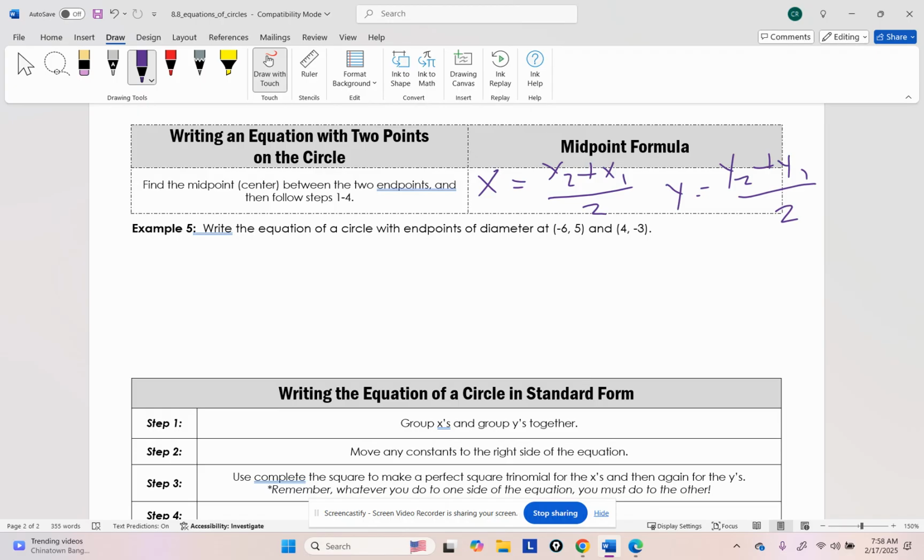Okay? Given you have 2 points. So, first things first, it's asking us to write the equation of a circle, okay? And we're writing the equation of a circle given that it has a diameter at -6, 5, and 4, -3. That's letting us know that the endpoints of the diameter are the outsides of the circle, okay? So we want to write the equation. So we need to find the